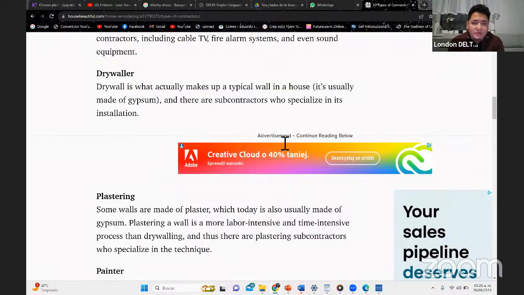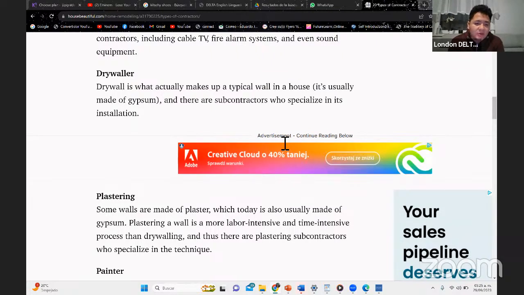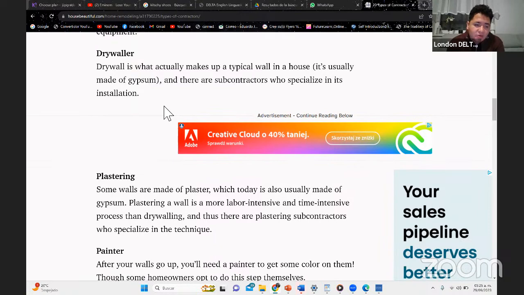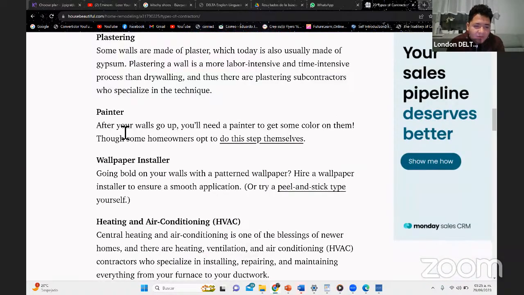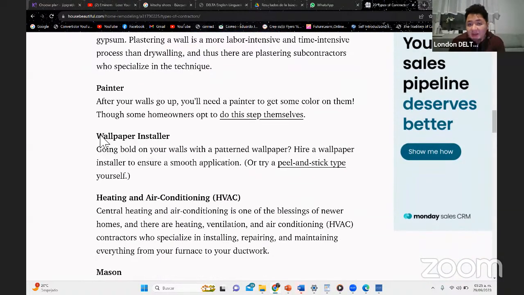So it's like people that you have a wall, so they put the gypsum on the wall, okay? Very well, so we have like drywaller, que sería como tabla roquero, plastering, que sería como personas que trabajan con yeso, right? Okay, we have painter, etc. Well, people who paint houses.